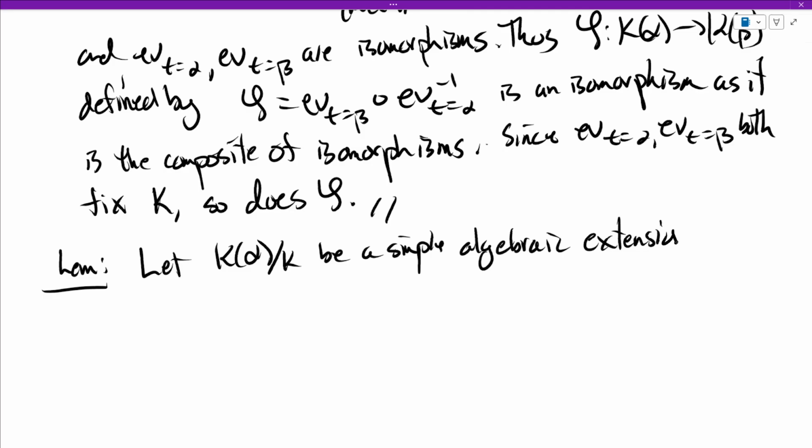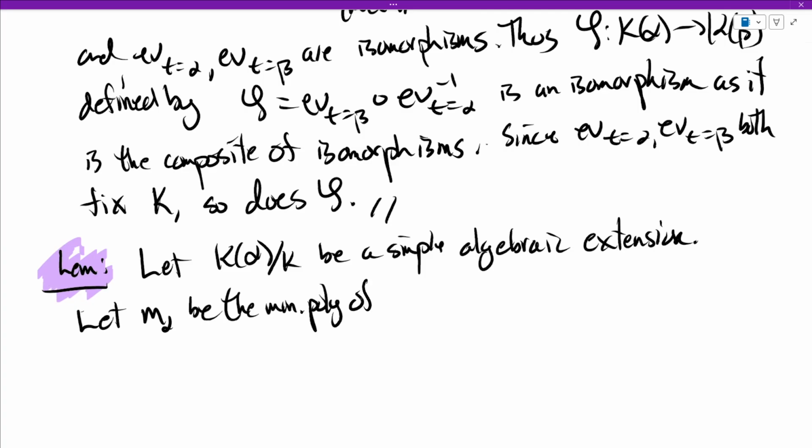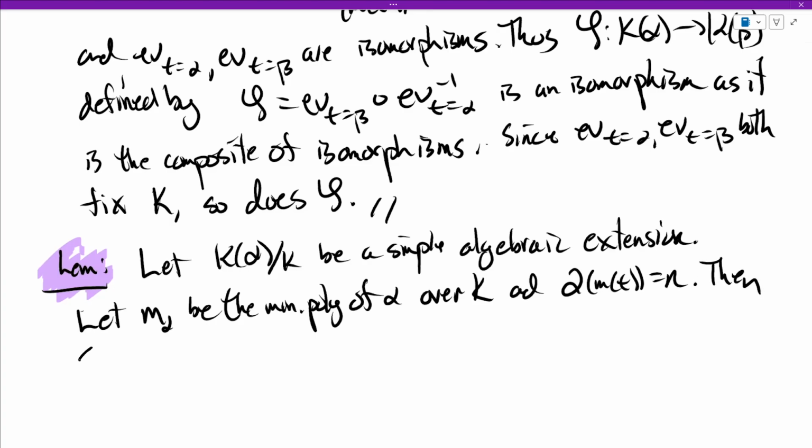Again, this means that alpha is a zero of a monic polynomial over k, so we can let m alpha be the minimal polynomial that exists, and suppose that the degree of the minimal polynomial is n. Then 1, alpha, alpha squared, up to alpha to the n minus 1 is a k-basis